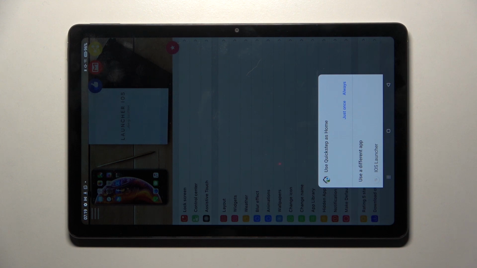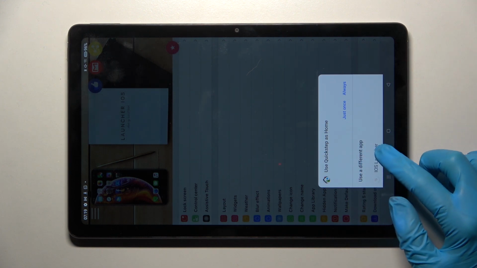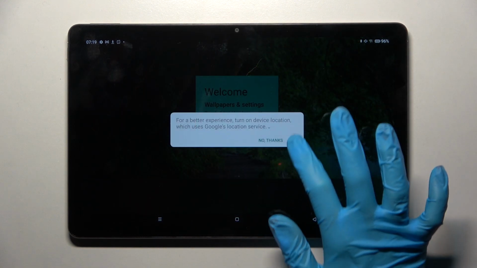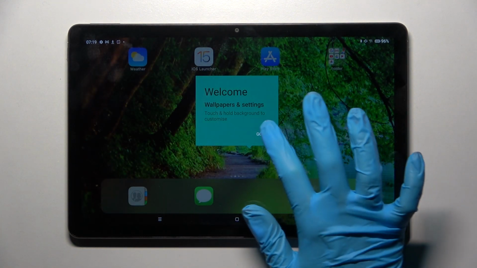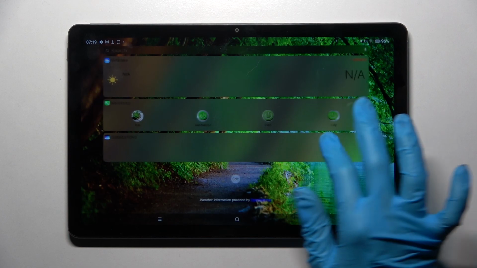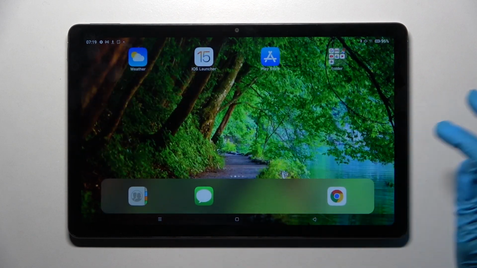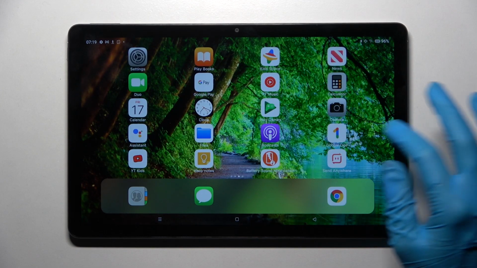Over here you can choose iOS Launcher right away by tapping on it, choosing OK in the pop-up and tapping on Got it. As you can see, Apple Layout was applied successfully on my device, but you can always switch between your layouts